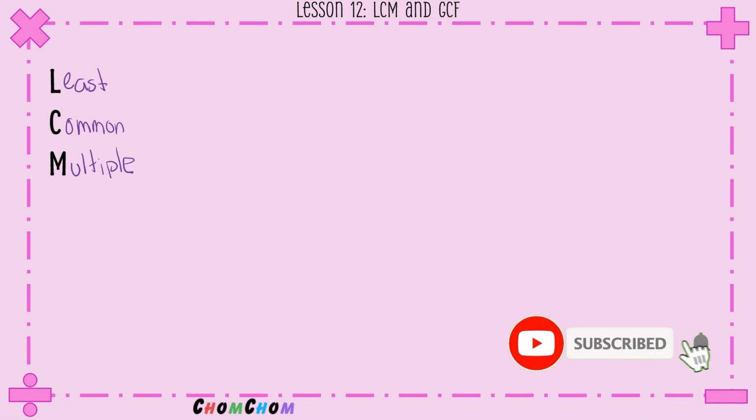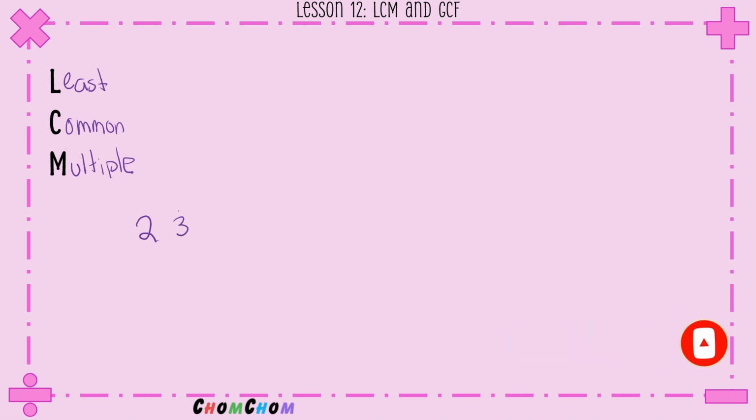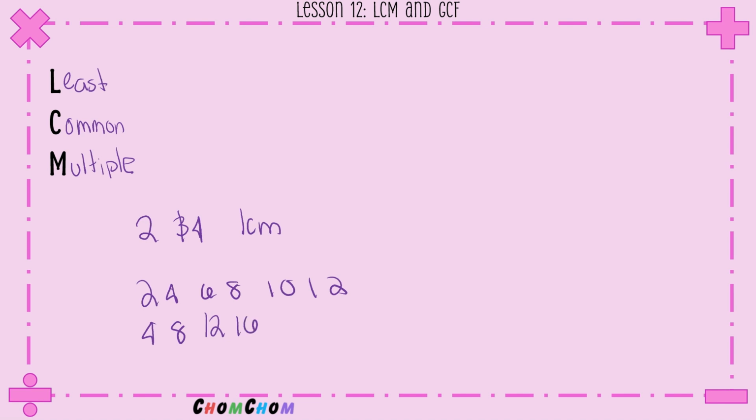So that stands for least common multiple. So what that is, something like, say we have 2 and 4. The LCM of these is, we say 2, 4, 6, 8, 10, 12, and we take our 4 and we multiply our 4 by 1, 8, 12, 16, and we say, what's the smallest number that is both a multiple